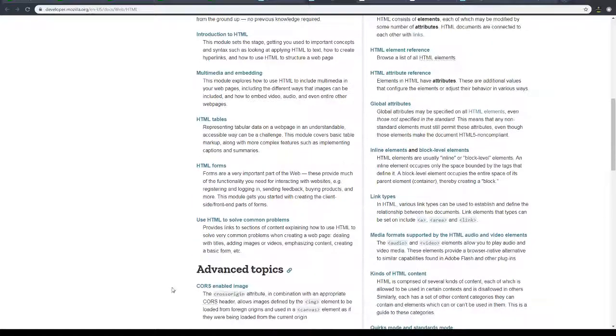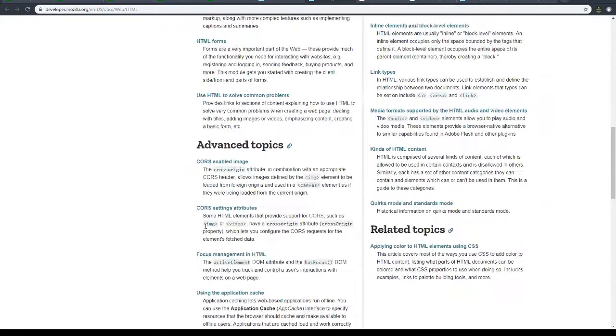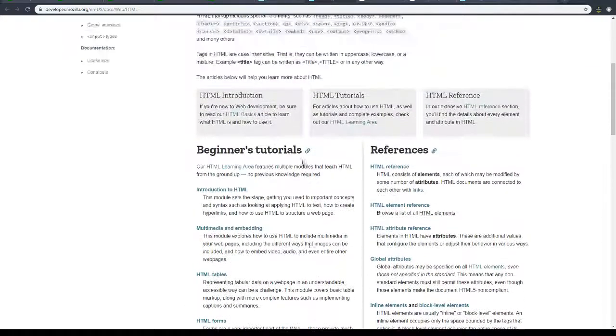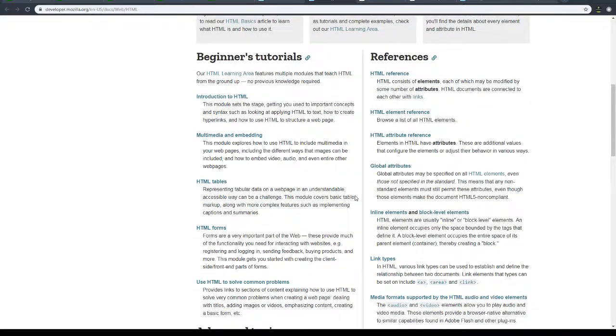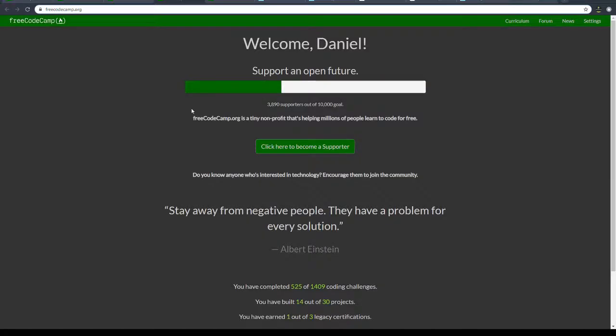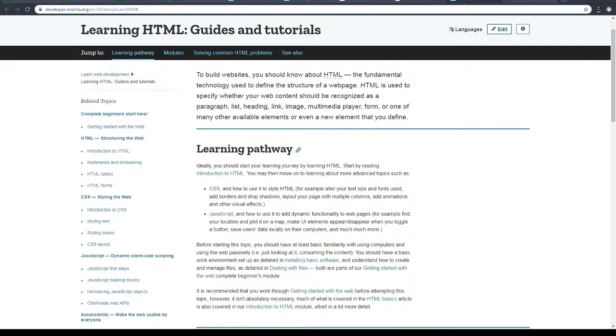So at some point we would discuss that later on when we start working on projects and need to use the cross-origin type stuff. But for now, let's focus on basic tutorials, and I might actually skip out of the FreeCodeCamp, and I will explore some of these other topics,